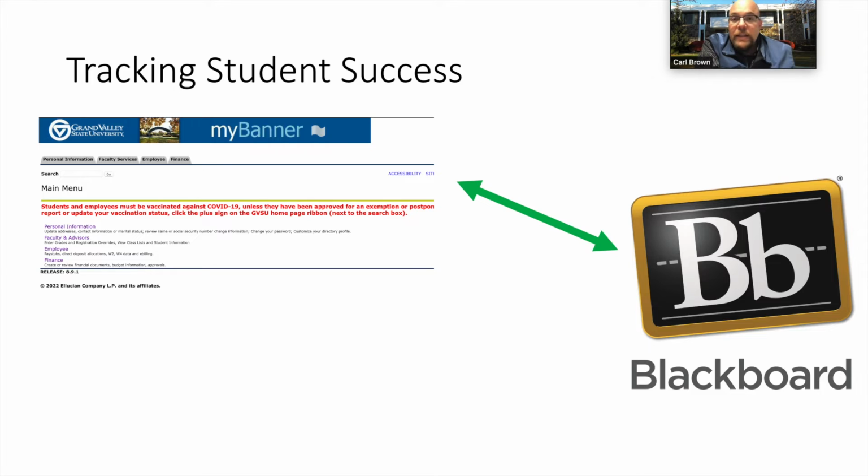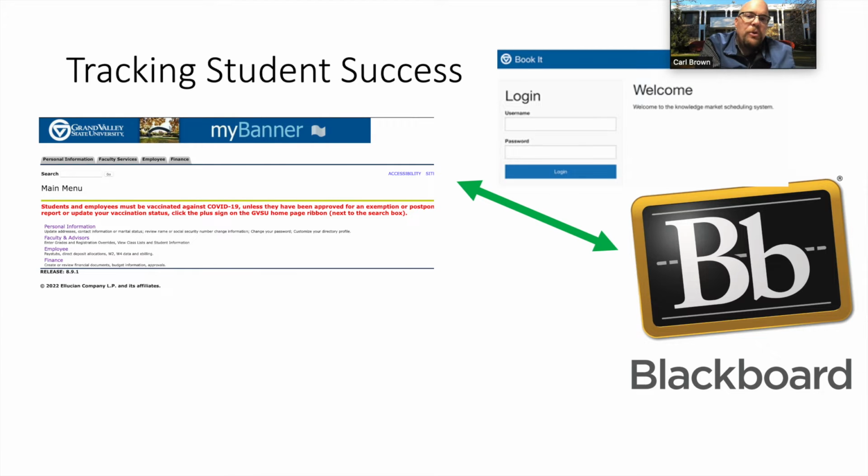However, at the lab or the comm center, we use a program called Book It. Now, you've never heard of Book It because it's only at Grand Valley, made only for Grand Valley, even though other programs were already in existence that talk to Banner quite well. But Book It, it's getting there. I guess it's new. We'll say that it does okay.